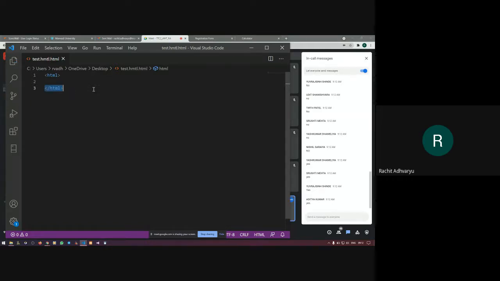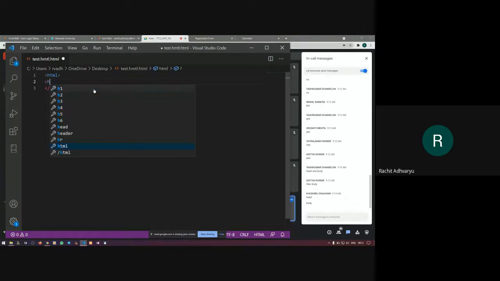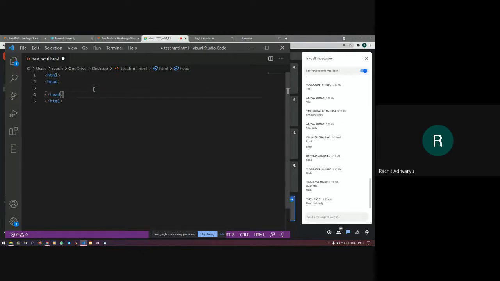Now, moving on. What does an HTML page contain? You can see on your screens, my VS Code editor is already open. The HTML has started, it has ended. Now between this, what are the different main components that we can add? Only main components. Okay, as you are saying, head and body.